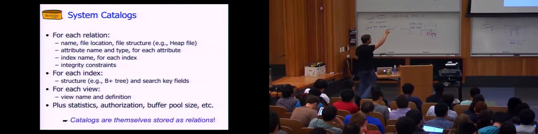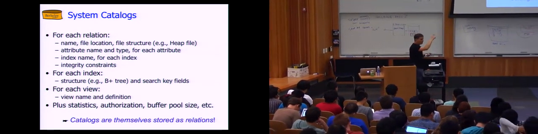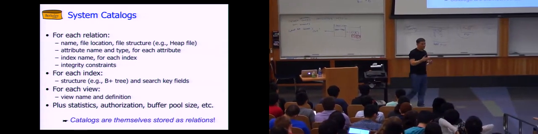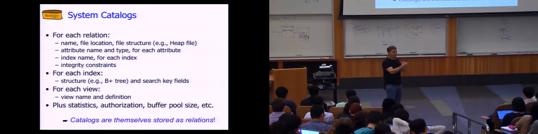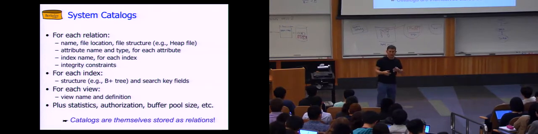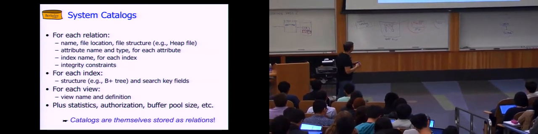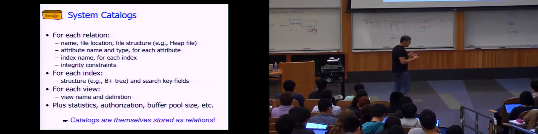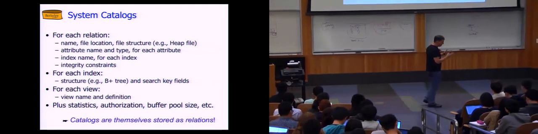And then for that table, we're going to know all the column names, all the attribute names, and their data types. So we'll be able, for the fixed width ones, to figure out how wide they are. And if they're not fixed width, we'll know that. Okay? And then if there are any additional indexes on this table, maybe it's the students table, but